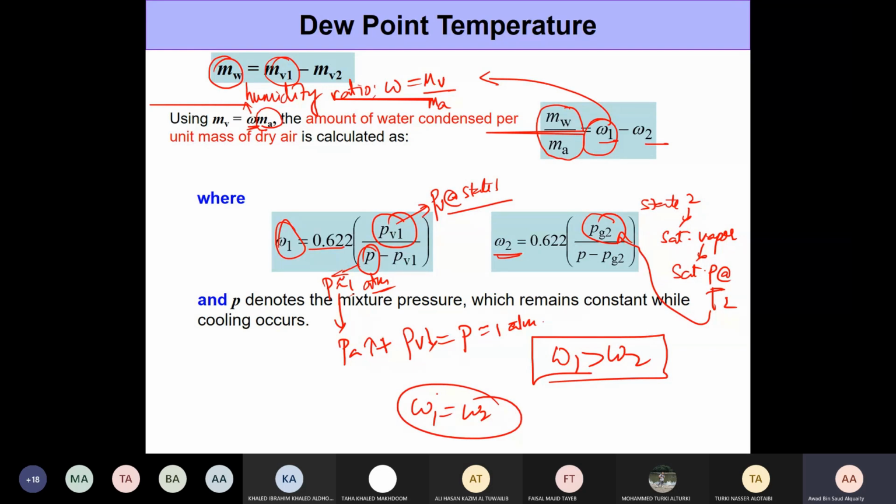Okay, so this is how we determine the condensation, and as of now, just make sure that you understand how this is happening. We will talk more about how this condensation, or the amount of water that gets condensed, is useful for us. We're going to look at several applications where we make use of the